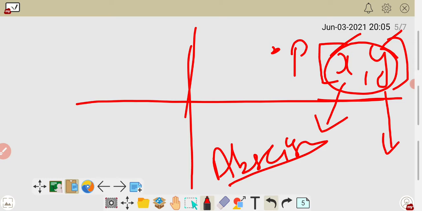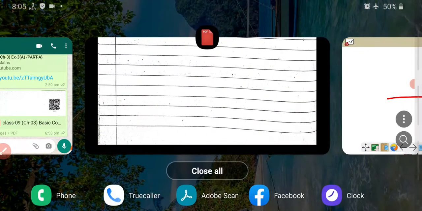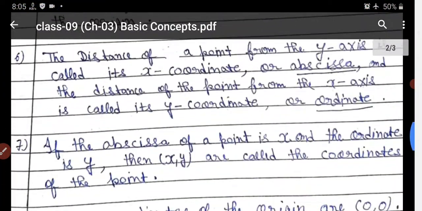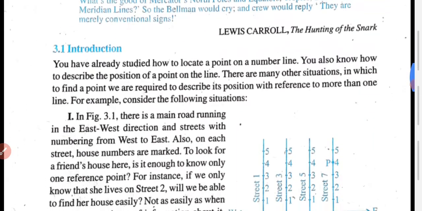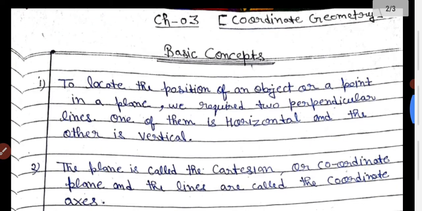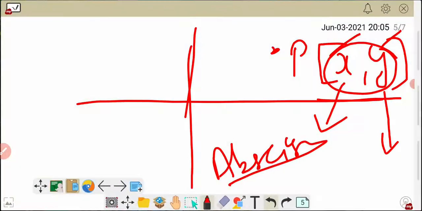Now whatever I am telling you here, I will explain all these things one by one with the help of a point. Now I will tell you all these points in proper language. Just read the first basic concept, then I will tell you all these things. Now come to the first point.